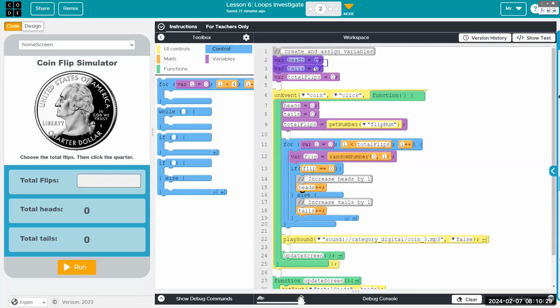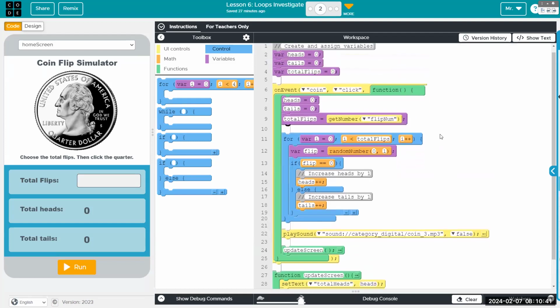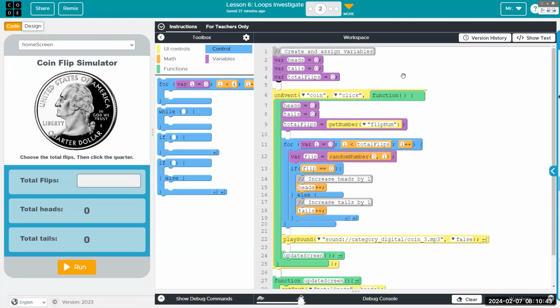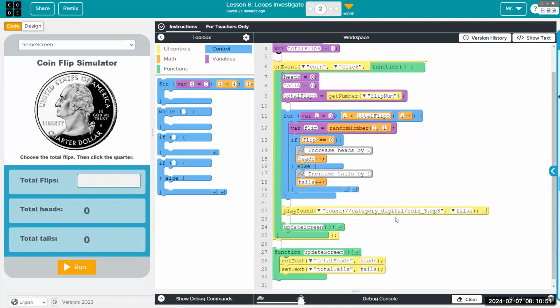We have 2 variables used to keep track of heads and tails, the number that come through. And then total flips is just what the user puts in. But this one doesn't really need to be global because it's only used here, although it's not terrible to look at it, in order to see all the information that we're keeping track of.